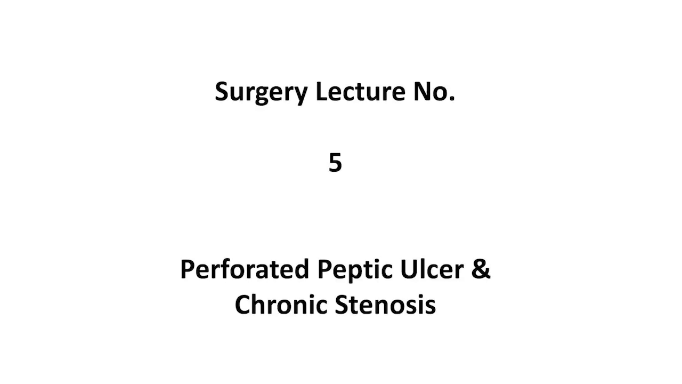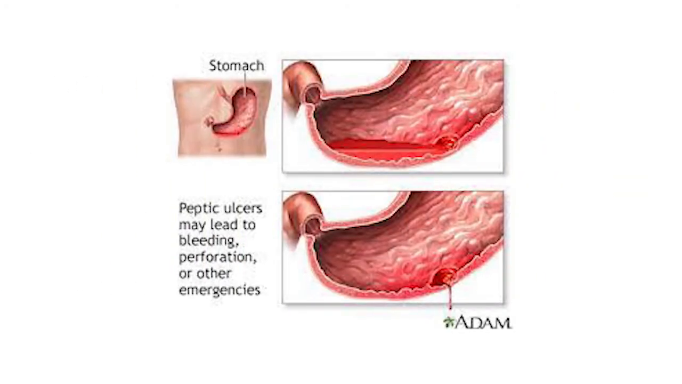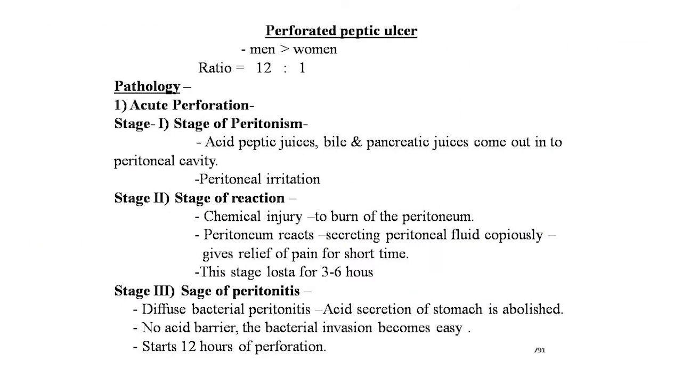Hello dear students. Welcome to our surgery lecture number 5, that is the perforated peptic ulcer and chronic stenosis. In this lecture, we will see the acute perforation, subacute perforation and chronic stenosis. First is the perforated peptic ulcer. Men are more affected than women. The ratio is 12:1, meaning 12 men are affected for only one woman by the perforated peptic